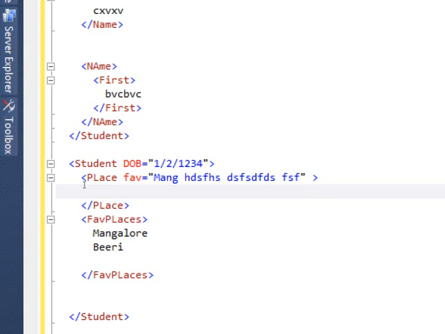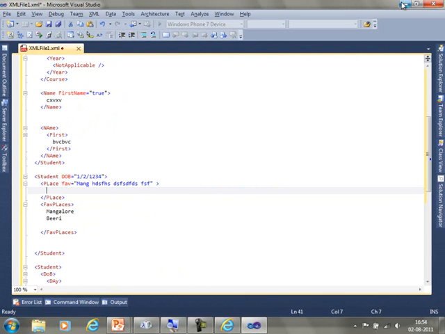So you have to think whether you want to represent multiple values, or whether it is very lengthy data that you are going to represent. If you feel that the data is very large, or the number of characters that you are using is very large, just take it as an element, don't put it as an attribute. Attributes are usually used only as an identifier, or as some reference point. They are not a very lengthy thing.